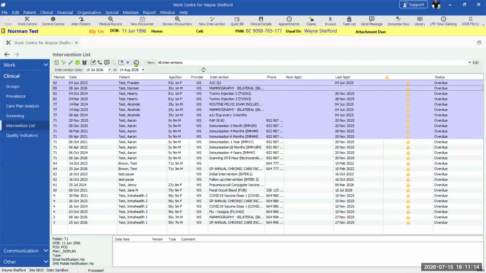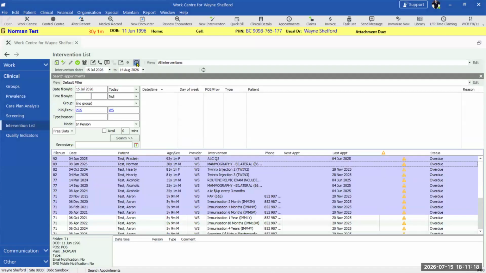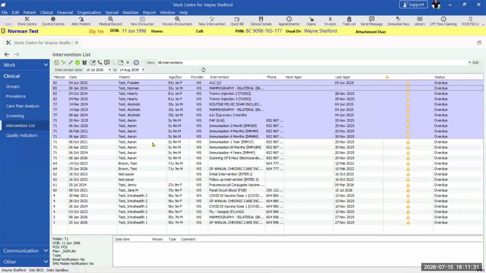And if you want to make appointments, you can go there and click for search for appointments, and then you can go and find dates of when appointments are available and which patients you want to put into which appointments. So there are a lot of useful things that you can do, and also sending messages. If you've got a portal that can send out text messages, sending emails can be done, and even printing letters that needs to be mailed can be done from the intervention list.